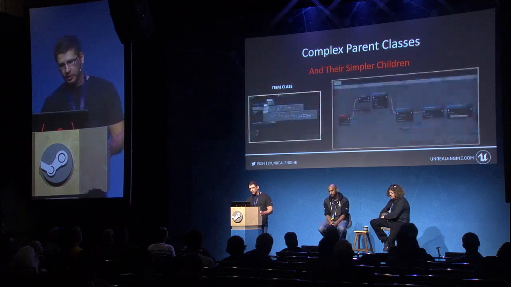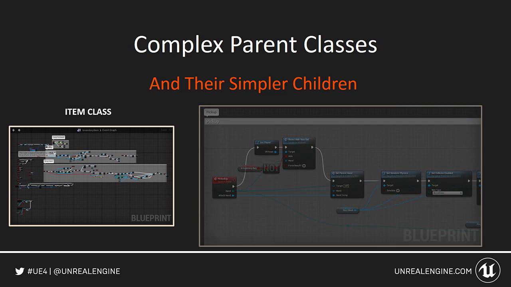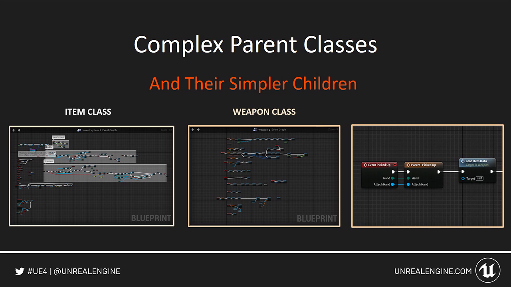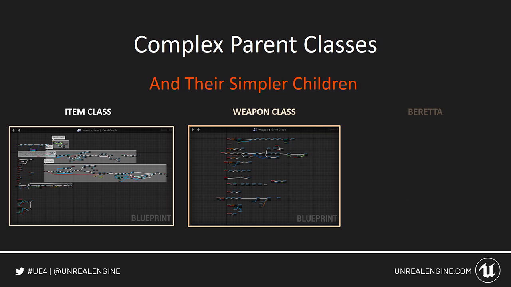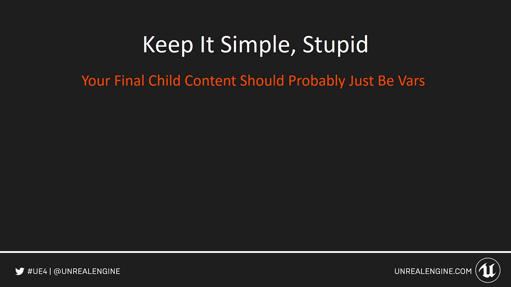When we started making our Interact system, our hierarchy is basically the item class. And you can see on our item class, there's a pickup function. When you make a child of the item class, which is the weapon class, over on the right-hand side, you can see that it's still running the parent class's pickup function, but then it's running all this extra logic in addition to it. Then you get down to the final class of the actual gun itself, and that graph could actually be completely empty. The graph itself isn't doing anything. It's only running parent functions, and essentially all we're doing is filling out vars. It's paint by number at that point.